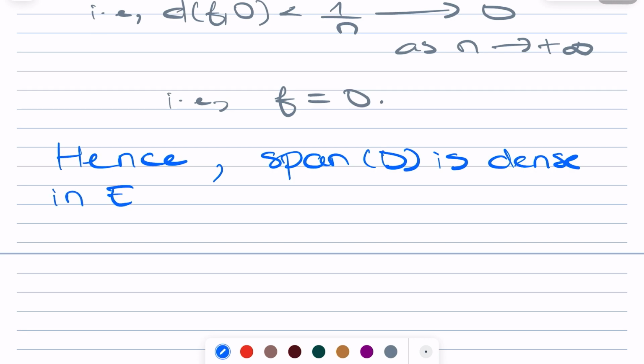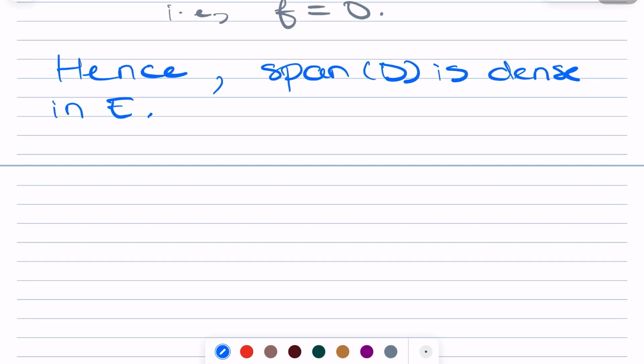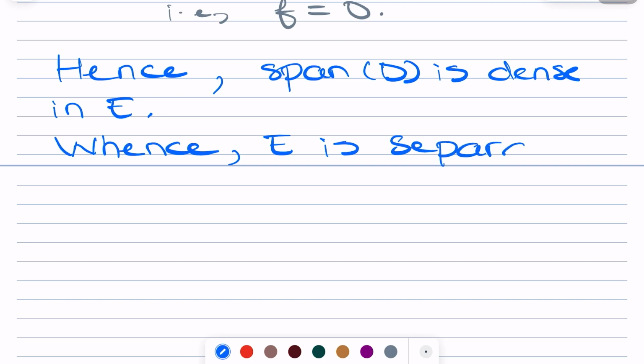Is dense in E. So it looks ugly. So hence E is separable. Okay, good. So this is what we have to show. So we are done. Okay, so let's